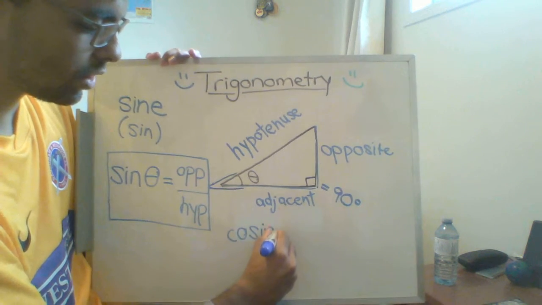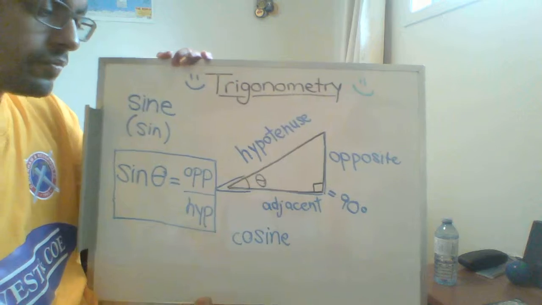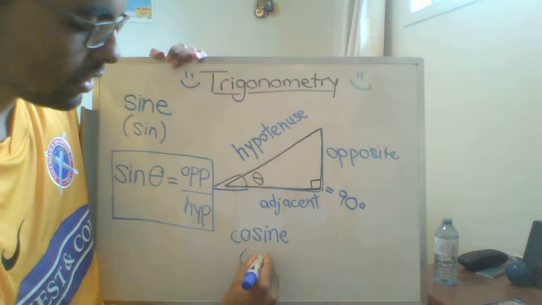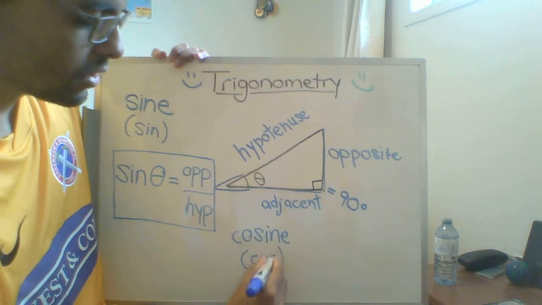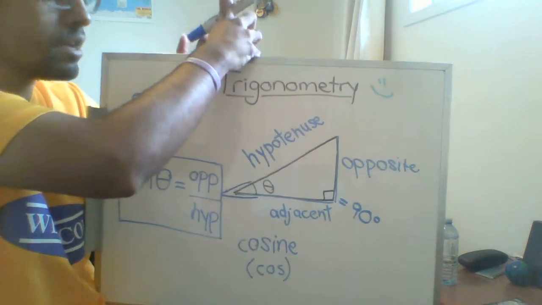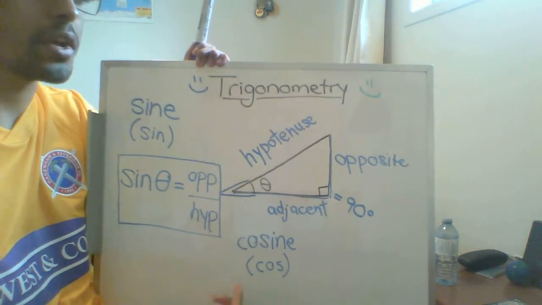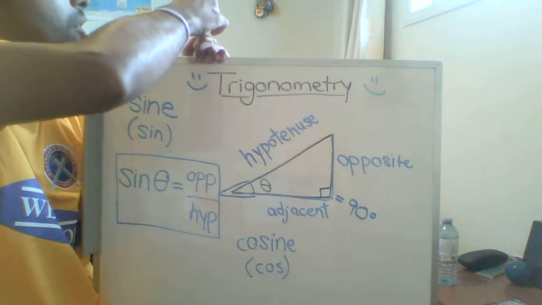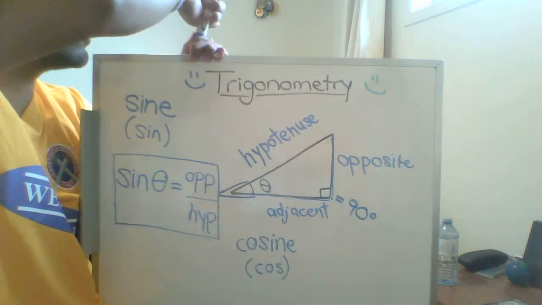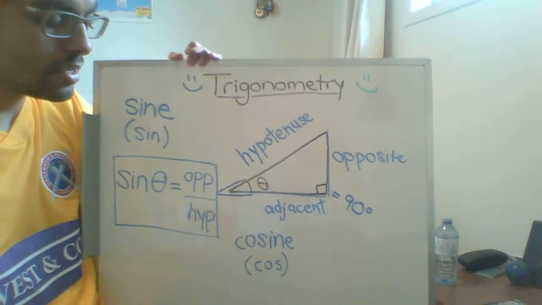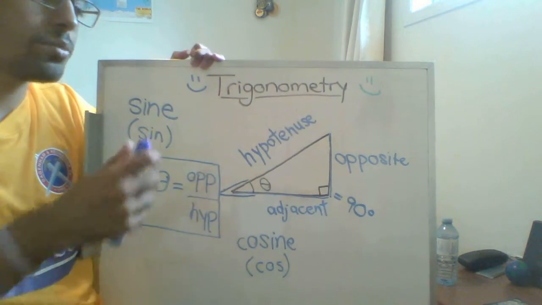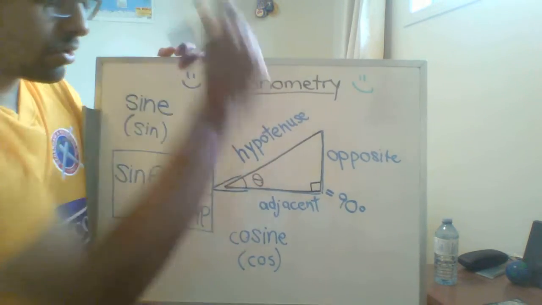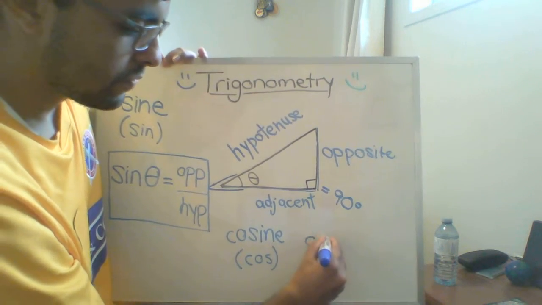The next one is called cosine. The short form for cosine is COS. Some people will still say cosine, some people will say cos, some people will say cos. I don't really like it when someone says cos instead of one of the other two. Cos is fine, that's what I grew up saying, but whatever's most comfortable for you, go with that. So cosine of theta